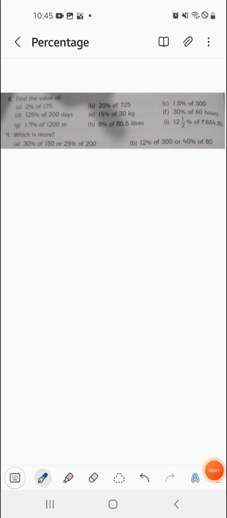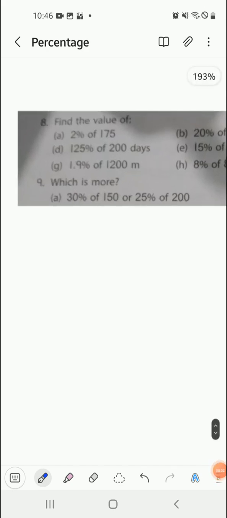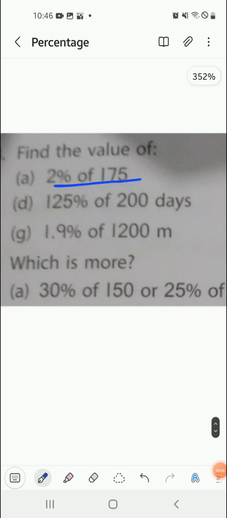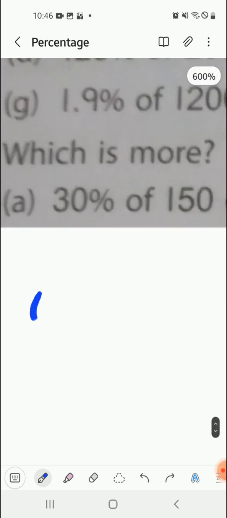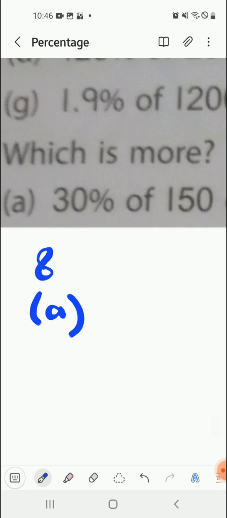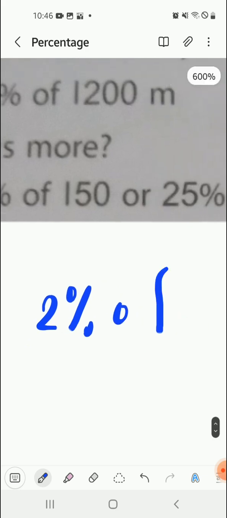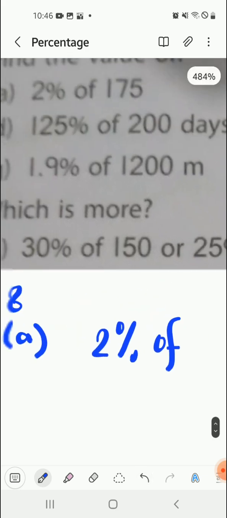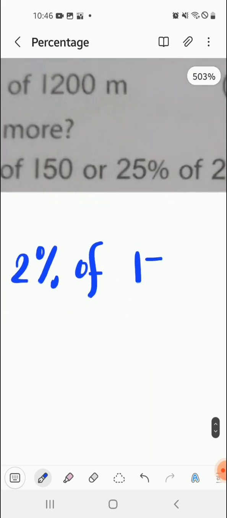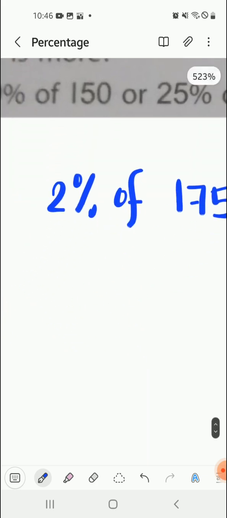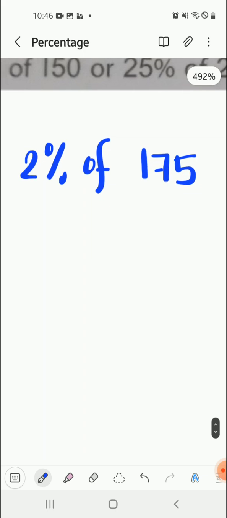Today's topic, we are going to find the value of a percentage. See, it's given 2% of 175. So, how are we going to do it? This is 8a as numbered. 2% of 175. The first step that we are going to do is we are going to write it in a more